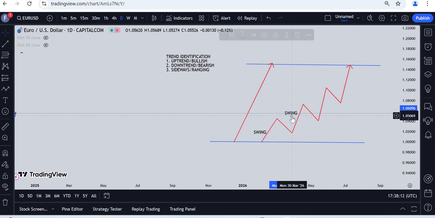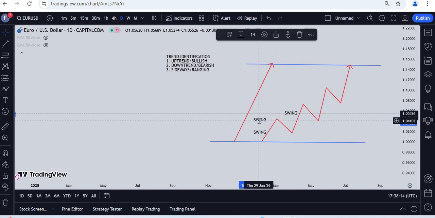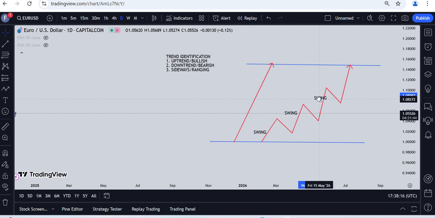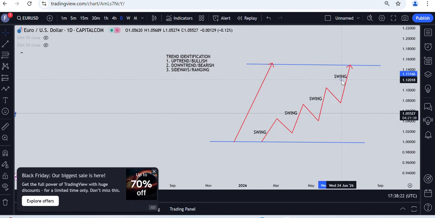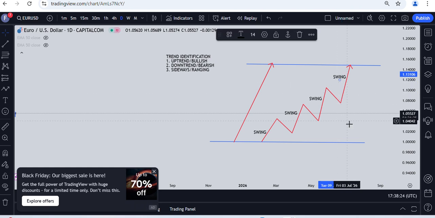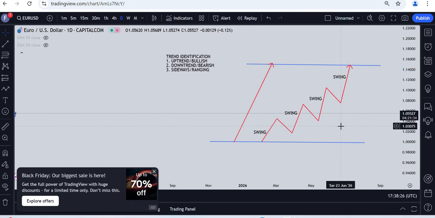So swing, swing, swing. So all of these movements going up are called swing. All of these up guys, like this one here, the ones going up like this, are called swing. This one here, like this, is a swing, right? The market moves in a swing,